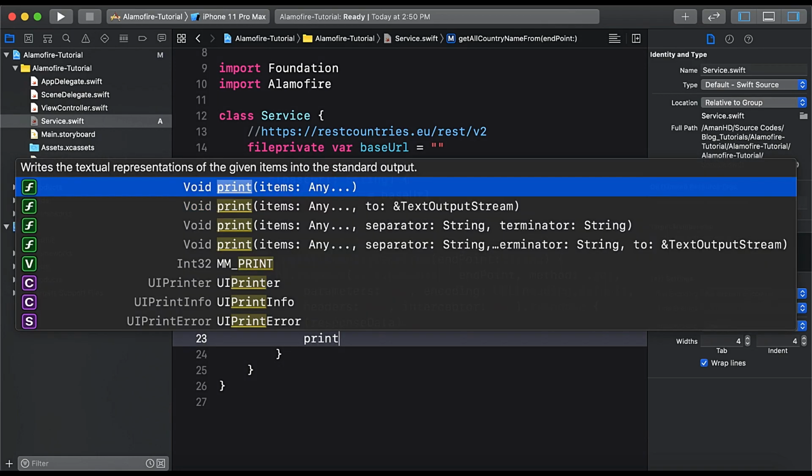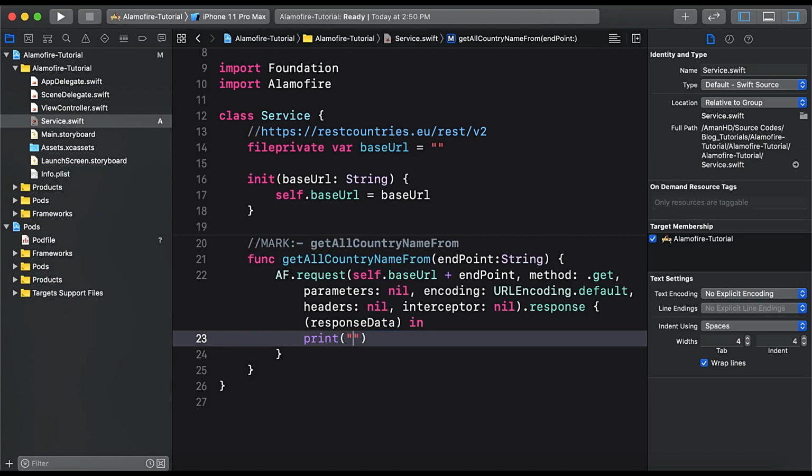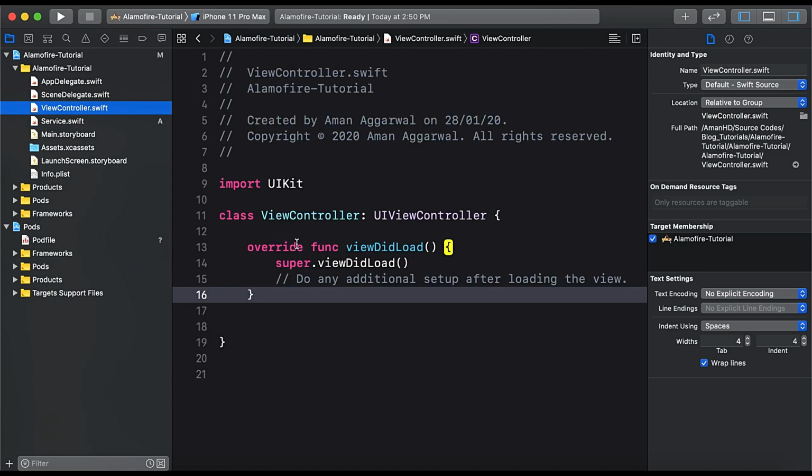And here let's print "we got the response." Now in our view controller class we will create